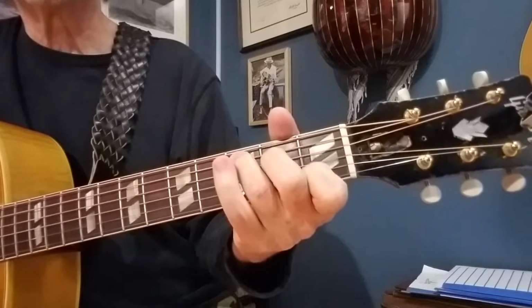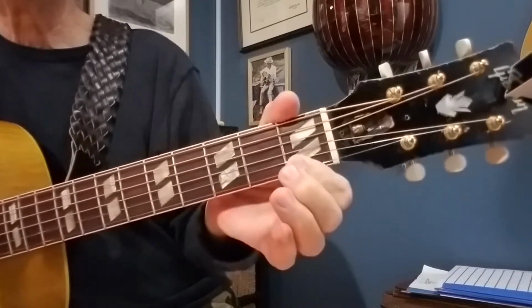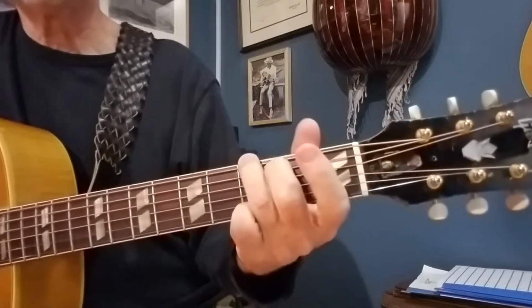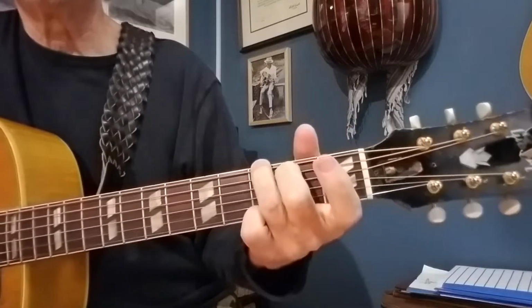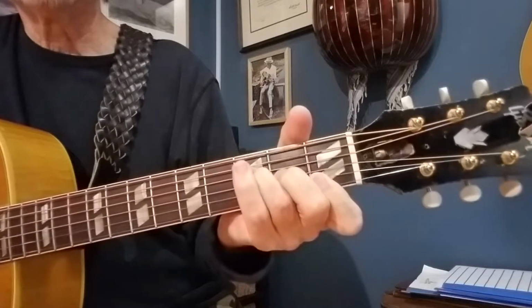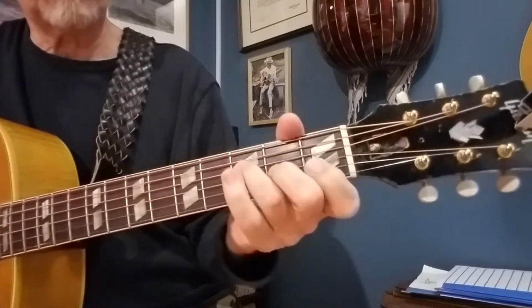And the C chord is like little steps. 1, 2, 3. The F chord, this first finger is there for the C. You just roll it over and flatten it out to get the F and the D. And eventually it will become second nature. But moving these fingers together is very important. And again, this is very beginning stuff, but for you guys who are just learning to play guitar, this will